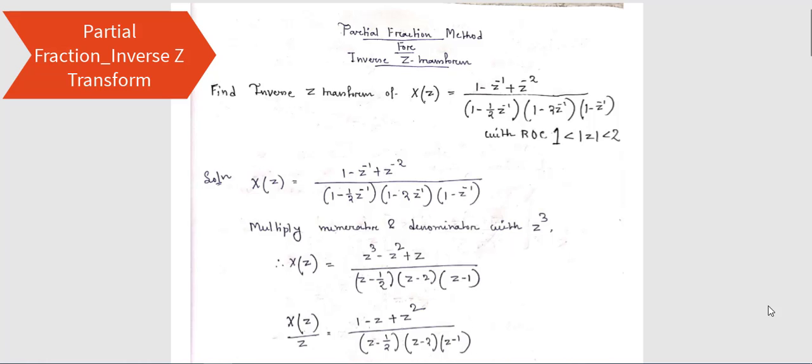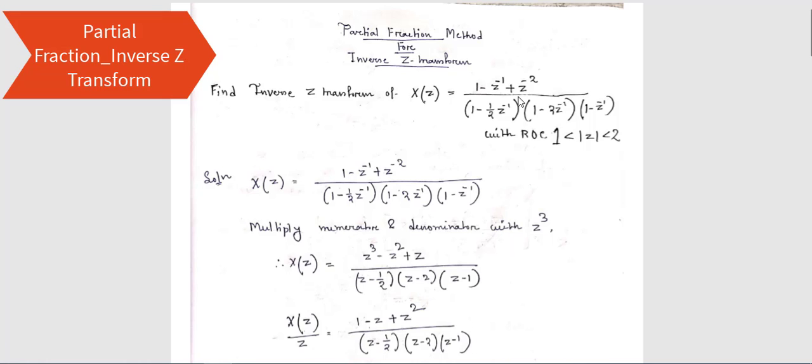I think all of you know how to perform partial fractions, because you have already done partial fractions in mathematics in your 11-12 class, also in maths classes in first year. Now suppose this is the question: you have to find the inverse Z transform, and this function is given, also with the ROC attached here. Now you have to use the partial fraction method. How is it applicable here?